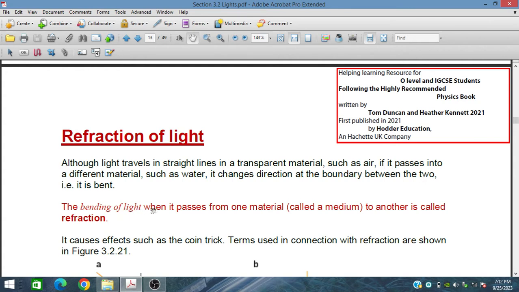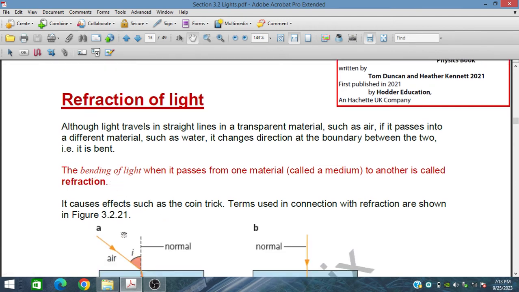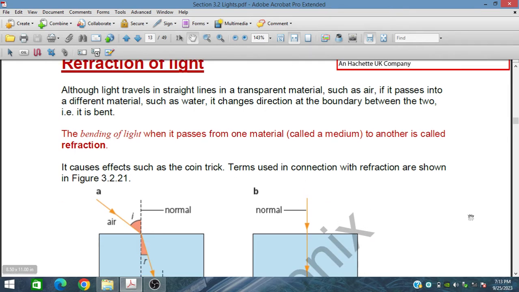The bending of light when it passes from one material, called a medium, to another is called refraction. So bending of light from one material to another is called refraction. So this is the phenomenon of refraction of light. It causes effects such as the coin trick. The term is used in connection with refraction as shown in figure